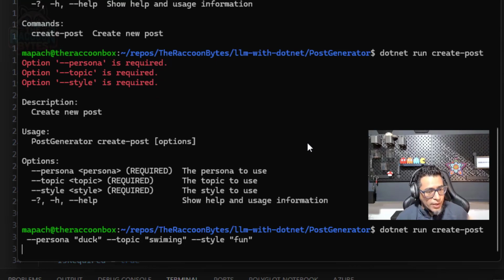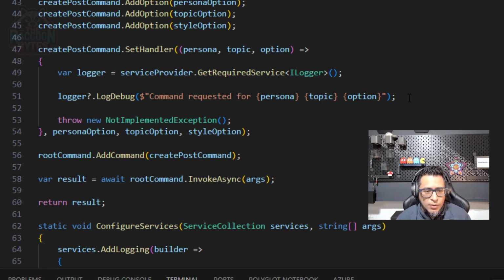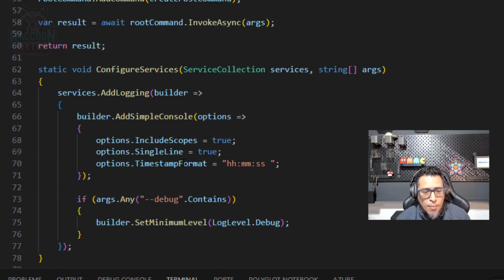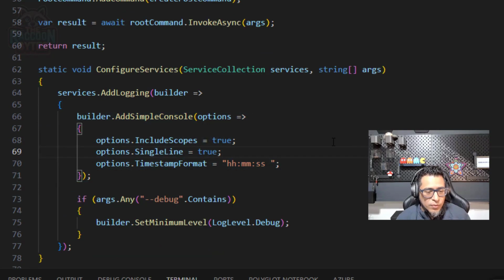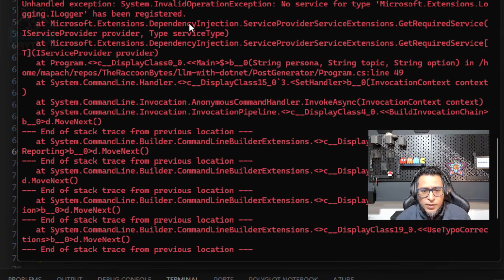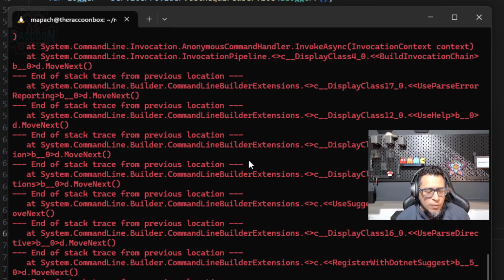Still it's not going to show anything, because this command only shows whenever we have the debug activated, and by default the simple console isn't at the debug level. This is only the exception that we have. But if we add the debug variable,